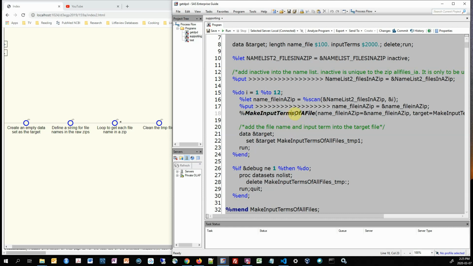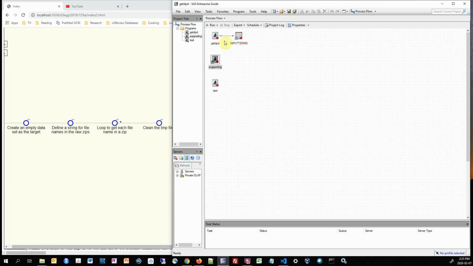So once that piece is done, then it will put the results in a temporary file called temp1. Then we're going to append the records in this temp1 into the target file, and we're going to loop for all the files, and then we're going to save the final results as in the